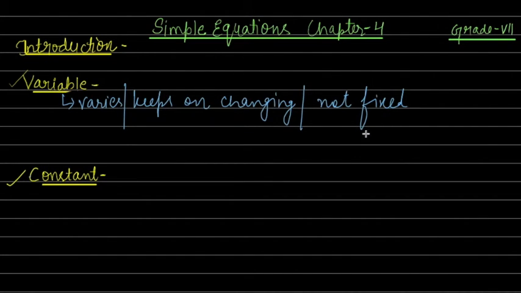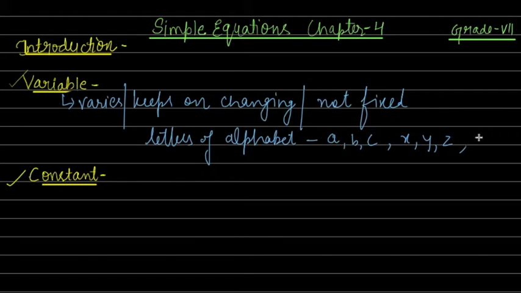Normally, how do we denote the variables? These are denoted with the letters of the alphabet. It can be A, B, C, it can be X, Y, Z, it can be M, N, etc., any letter. Therefore, the variable can have different values. Suppose the value of A is 2 and A can have a different value, say -2. A can also be 0. So there can be different values of the same variable, right?